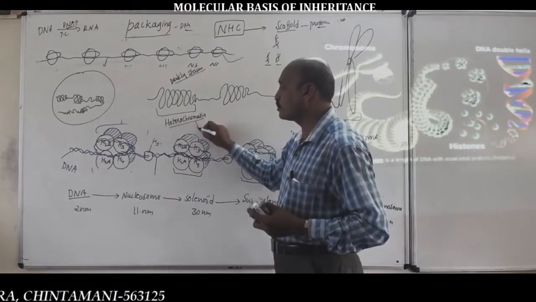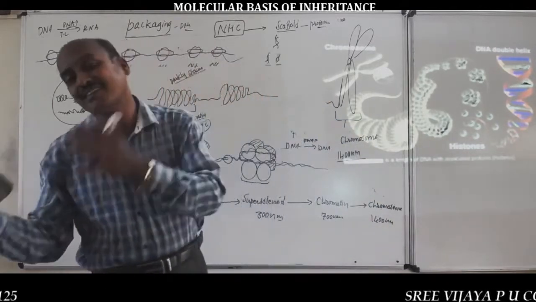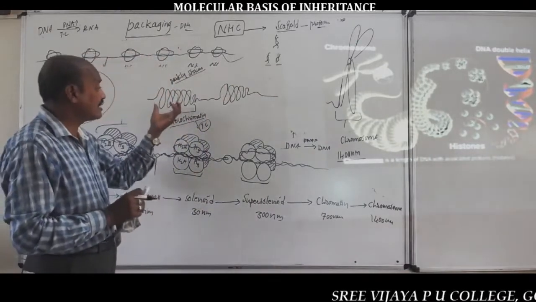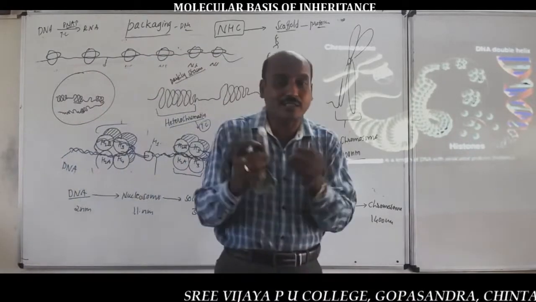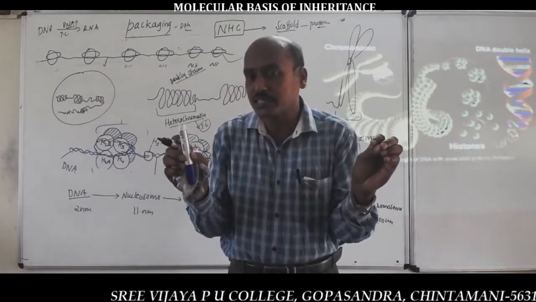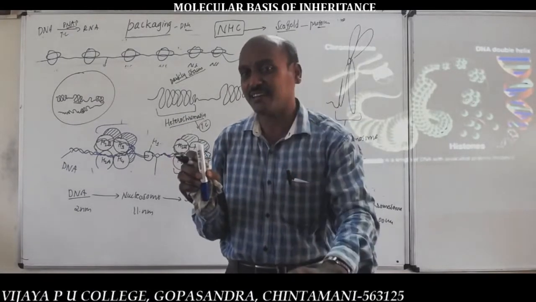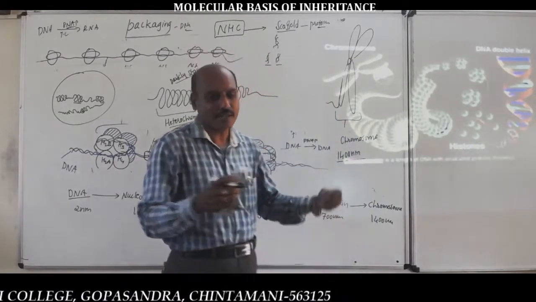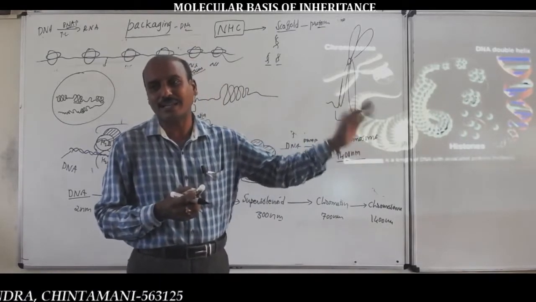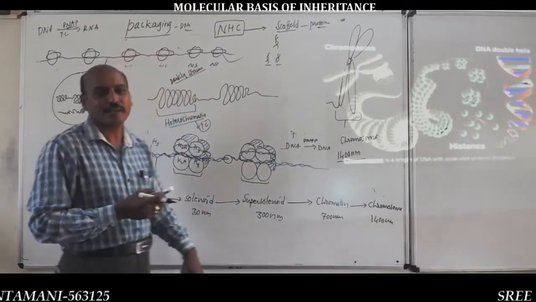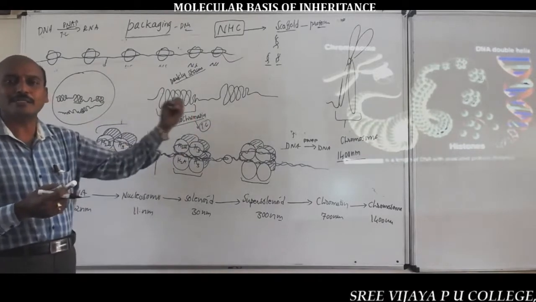Heterochromatin region of chromosome is not participating in synthesis of proteins, transcription or translation, because here the genes are closely packed, closely arranged, so there is no functional gap in between genes. That's why linkage, percentage of recombination is less in heterochromatin region. Whenever genes are tightly packed, the percentage of recombination is less. Already we have discussed linkage and recombination in the genetics topic.